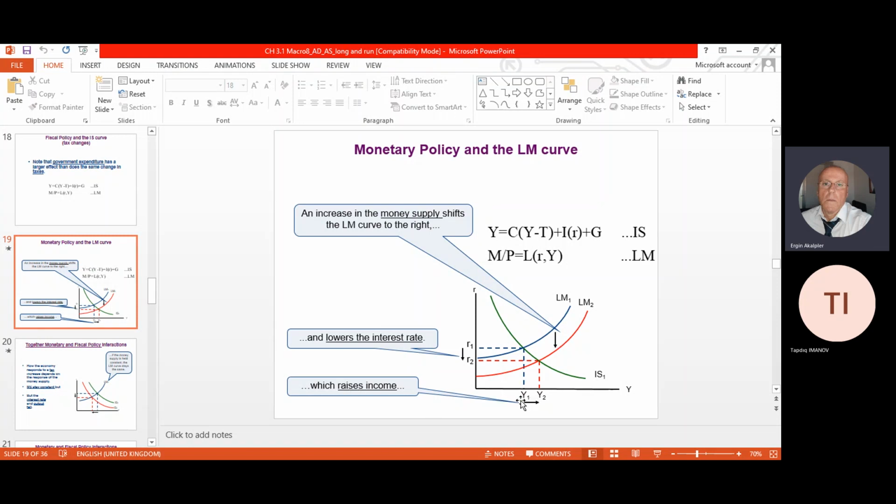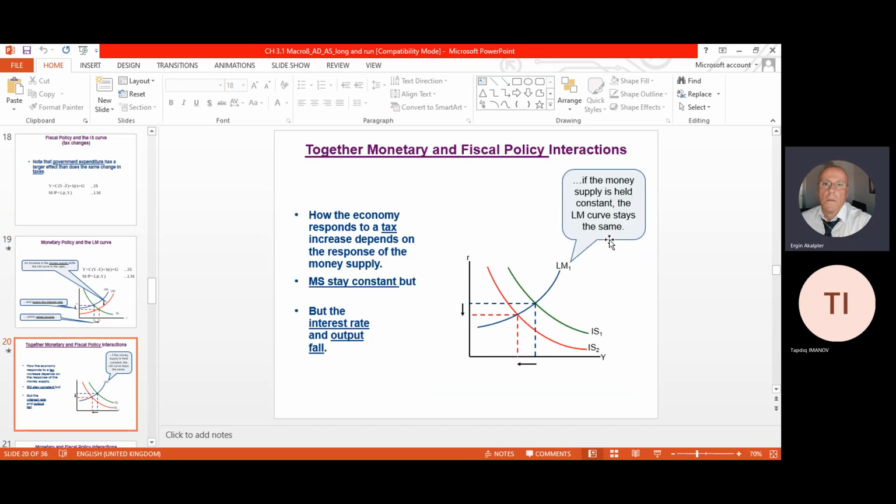As you see, Y is going to be enlarged from Y1 to Y2. As you see, this is then positively affecting the economy. This means when the money supply is increased, this will positively respond to the output and positively respond to this Keynesian model. Together, monetary and fiscal policies, when we are considering,